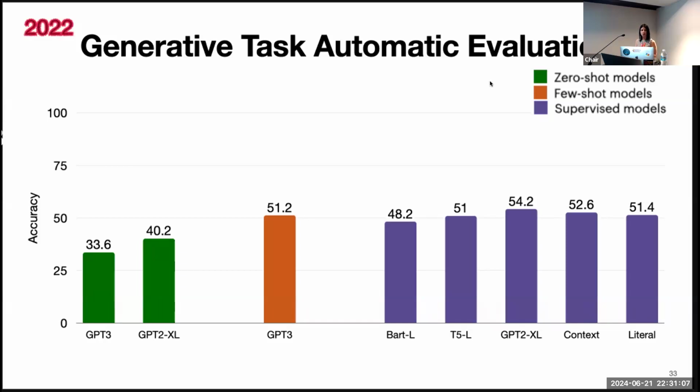This is the automatic evaluation. We also had human evaluation in the paper. One of the more informative, though not perfect, automatic metrics was BERTScore, which encodes each of the predicted and gold standard continuations with BERT and then compares their vectors. Our context model performed slightly better than the literal model, but both knowledge-enhanced models performed slightly worse than the best performing model, which was just the supervised GPT-2 extra large model.